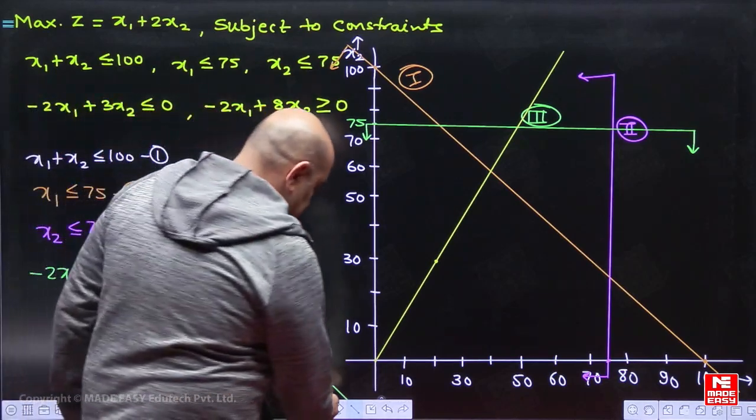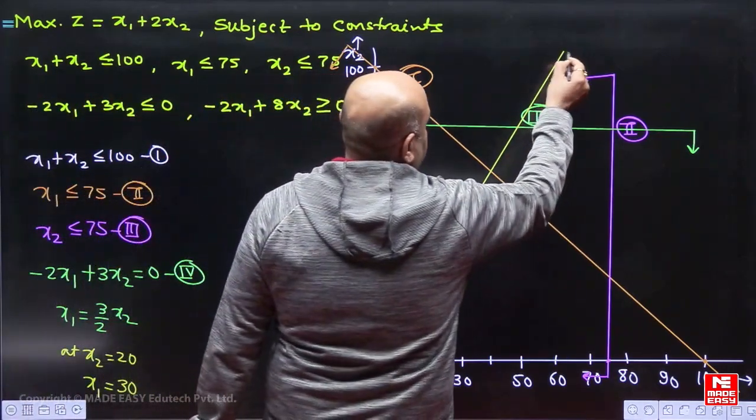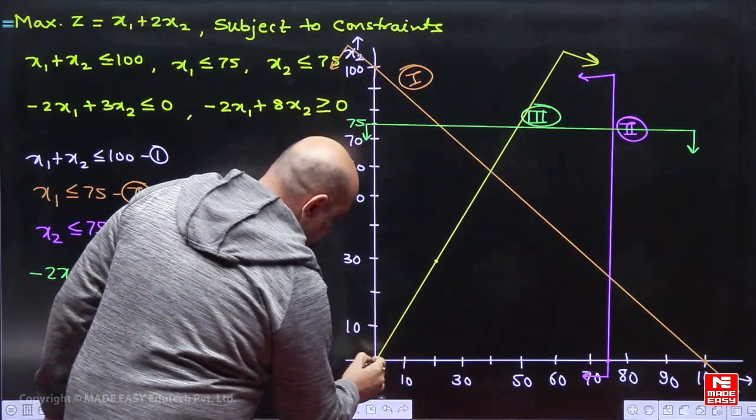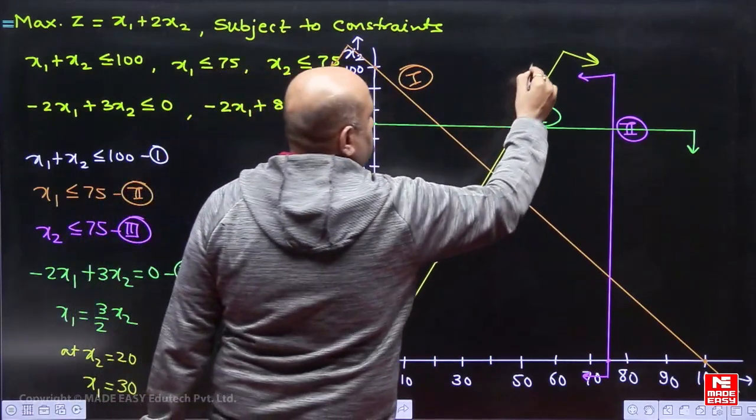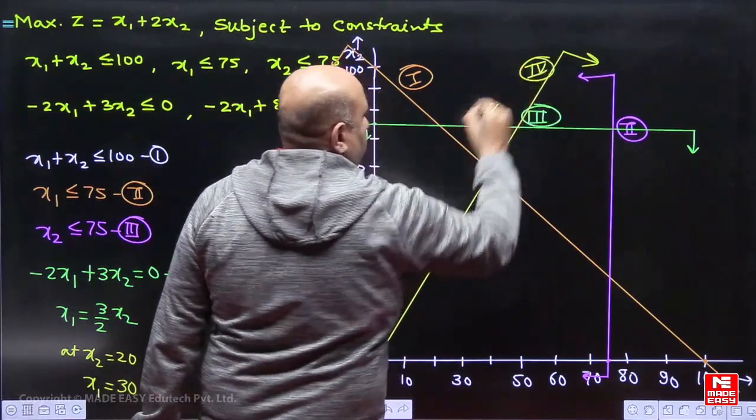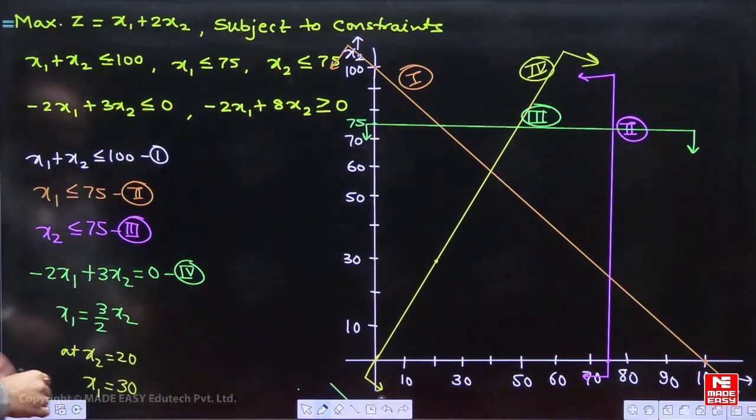side, अंदर की तरफ आएगा. ये वाला नीचे की तरफ आएगा ये constraint. So this is the fourth constraint. Then the fifth constraint